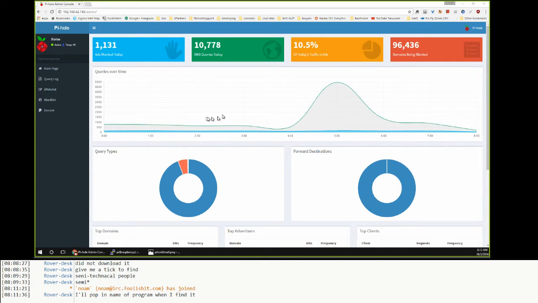But you can also see a traffic graph of when traffic's coming through. You can see it has almost 100,000 domains that it blocks. And it's interesting to see how many DNS queries all your systems actually make. Because of this, I was able to find out some interesting things about the clients on my network and where they were going, and found out my